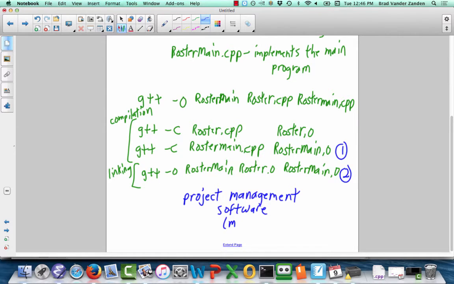And Make is one of those project management software tools that Dr. Plank is fond of. And the idea is you provide a set of rules that define which files need to be compiled, and what Make does is each time you invoke it on a so-called makefile, so you provide what is called a makefile, and it contains the names